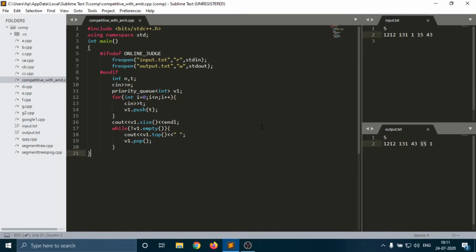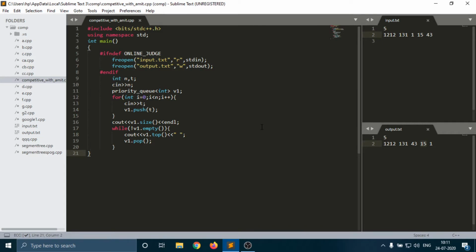Now in the queue we have push, size, empty, top and pop. These 5 operations are there. So in this stack also there are only these 5 operations. Now first of all, what are the benefits of this stack? In all these 5 operations, stack only uses O(1) complexity, which is approximately negligible.